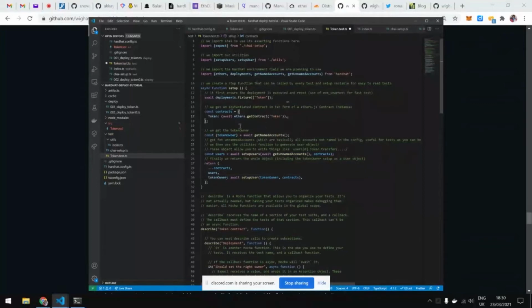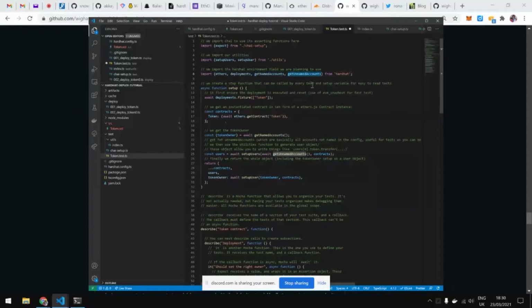But here we just continue with what we got, and we create an object that contains the contract, the Ethers contract, and then we also call setup users on the get unnamed accounts. So there are two things. We have the get named accounts that we are familiar with, and the get unnamed accounts.